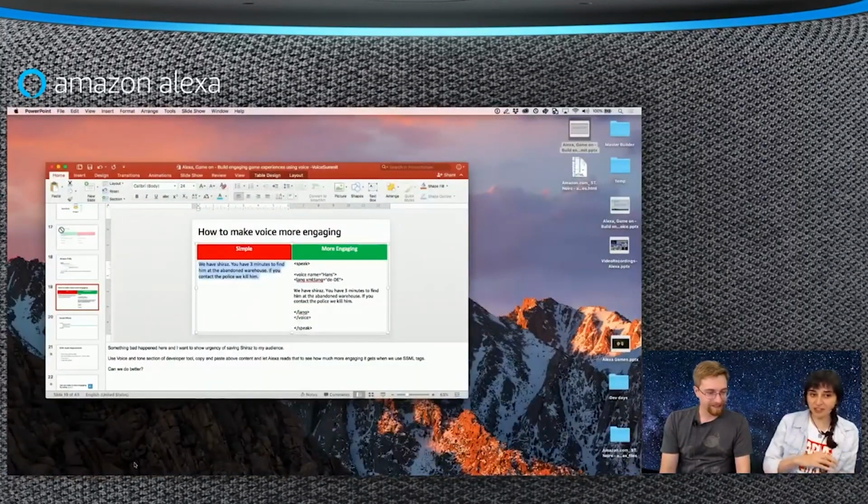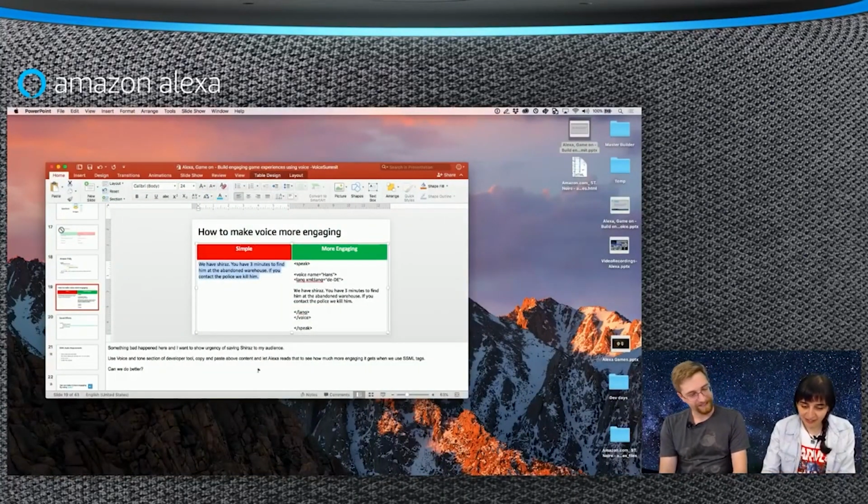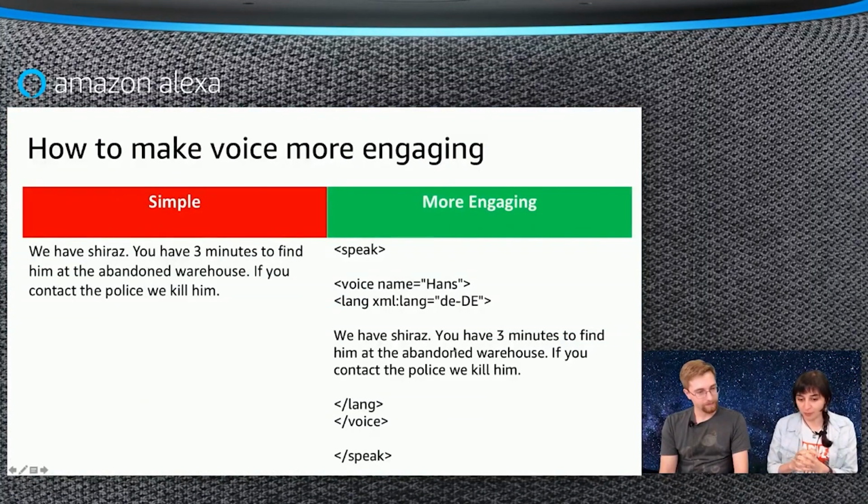So the next version these people did in the hackathon was to use the voice and lang tag, which I explained earlier. So let me just make it bigger to show you guys what we are doing. We are choosing a voice character. It's a male like character. I've chosen Hans, and you can choose any type of accent to the English phrases that we have.